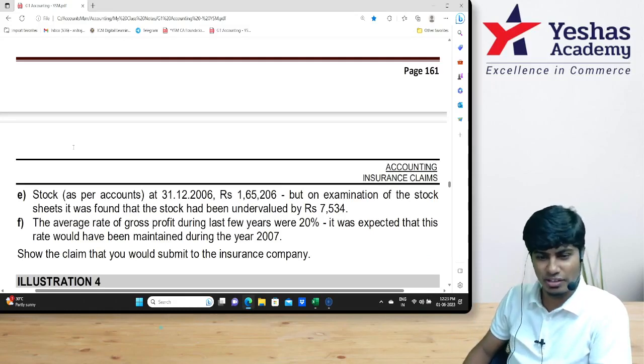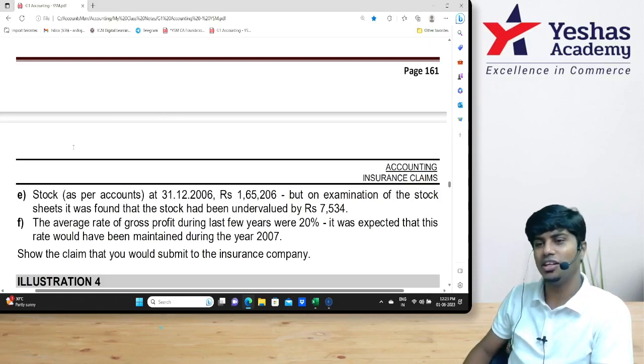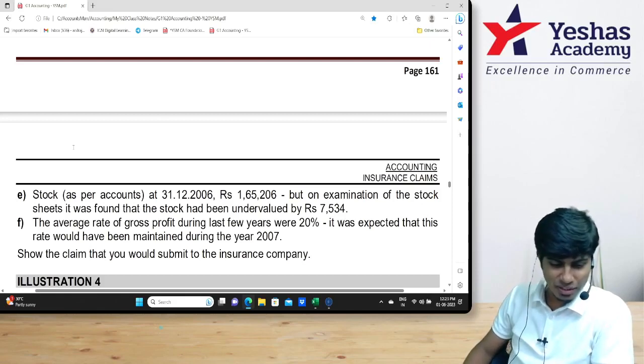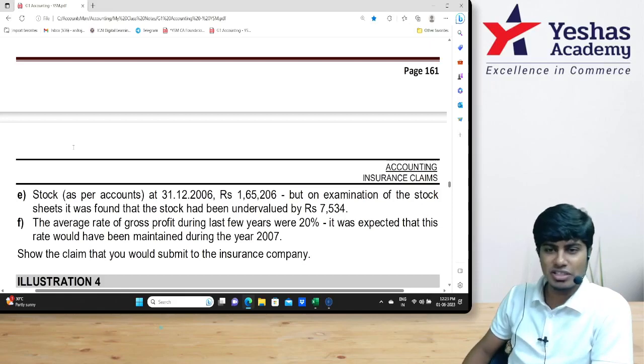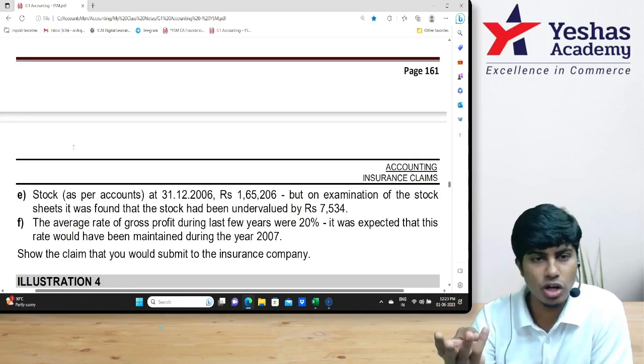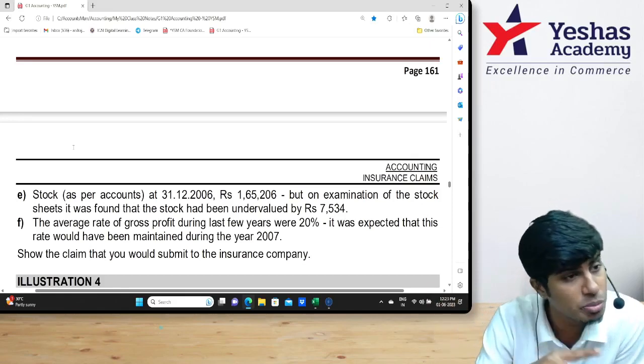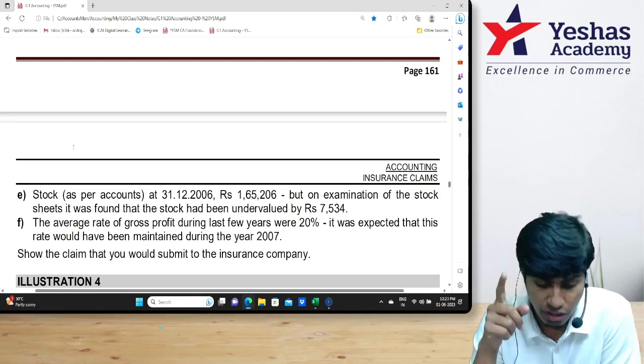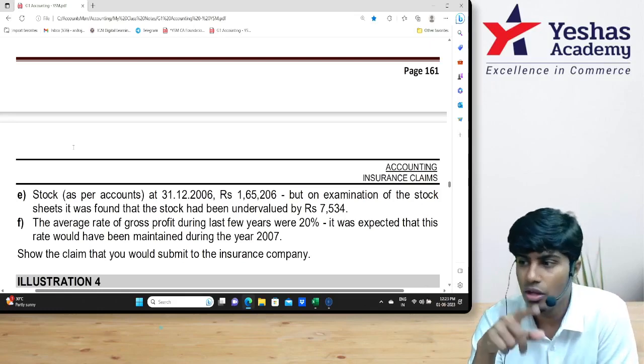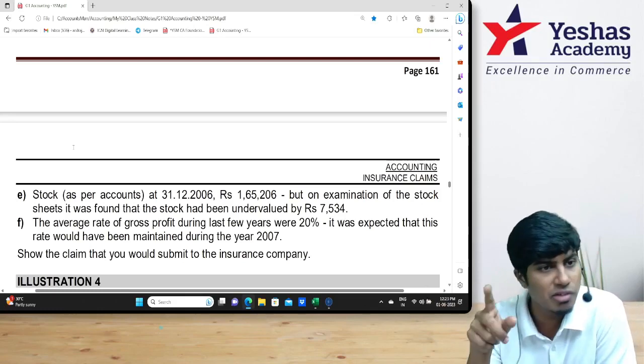5 plus 2, 7. Oh, 34 plus 640 doesn't add to 200. Okay, sorry. You understood? Purchase and sale they've given. So you know opening stock, purchase and sale. You don't know GP, you don't know closing stock. So if they give GP information, they've given it in the next line. You find GP, and the balancing figure will be closing stock.